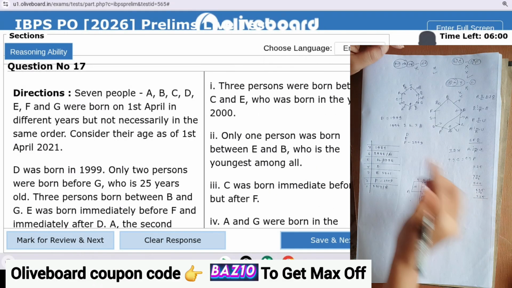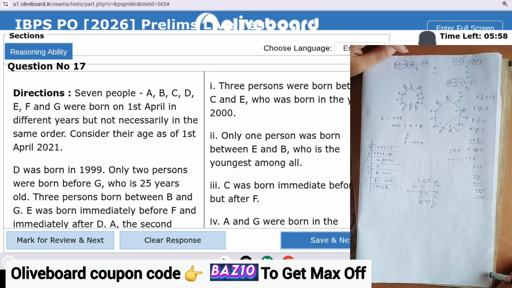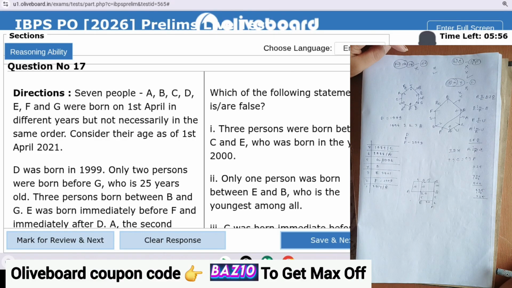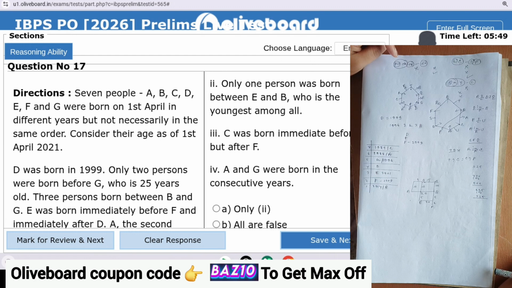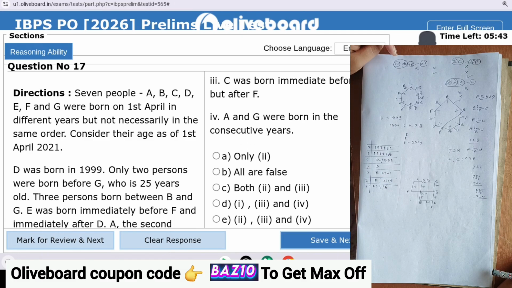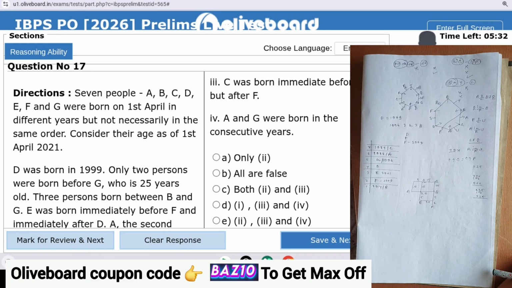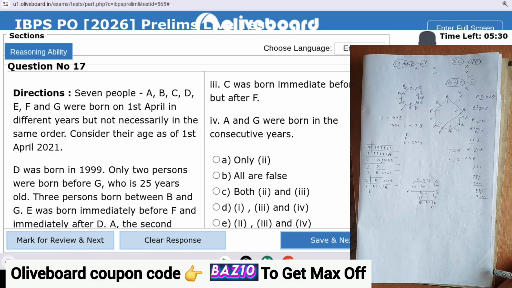3% C and E I think this is C is it true. Only 1% E and B the youngest not true and C we did before A after F. False only third is the answer. A and G born in consecutive pair. তাহলে তো only third হচ্ছে ভাই